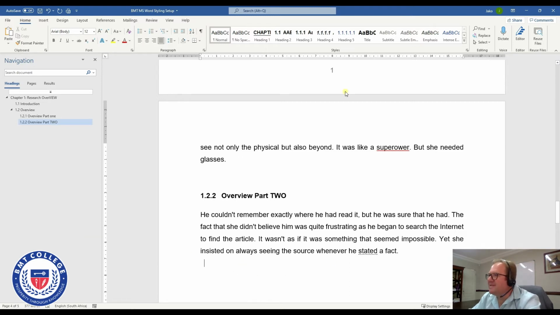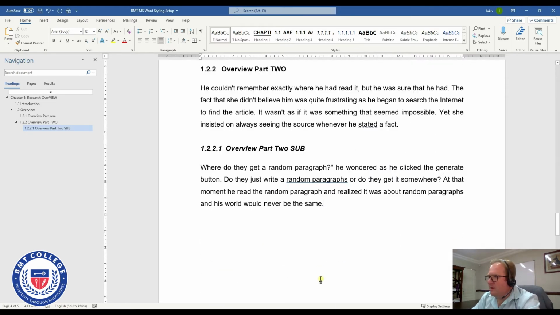subheading. So remember what I said, we don't really want to use heading 4, but sometimes it may be necessary. Overview part 2 sub, and then we're going to add some content there, and we'll always have another, because you don't have one subheading for nothing. That will be overview part 2 sub 2, and then we're going to add some content there,